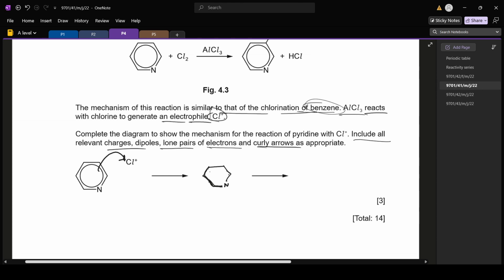I'm not good with drawing. Okay, and you have to show this double bond like this. Okay, and then this hydrogen will donate its electrons to the ring, and this hydrogen will form H plus ion. Okay, so this is the intermediate, and then it will form,